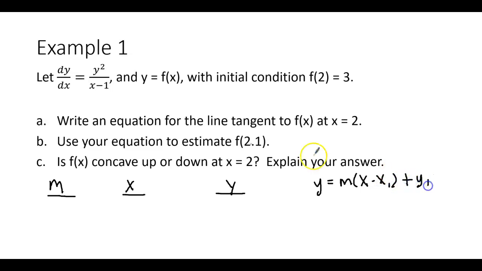That should look really familiar. We've done that quite a bit. So it says write an equation for the line tangent to f of x at x equals 2. Well, something that's kind of important to understand is that when x equals 2, that means y equals 3. How do I know that? Because it says it right here. When x equals 2, y equals 3. So that's kind of a sneaky little thing there. They're telling me the x, but really by telling you the x, you also know the y.